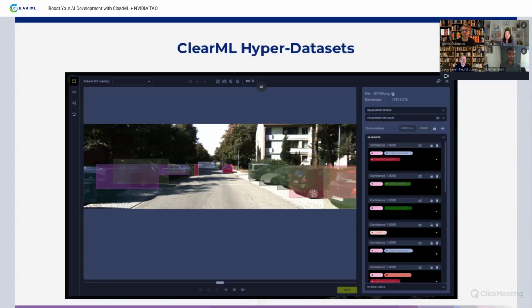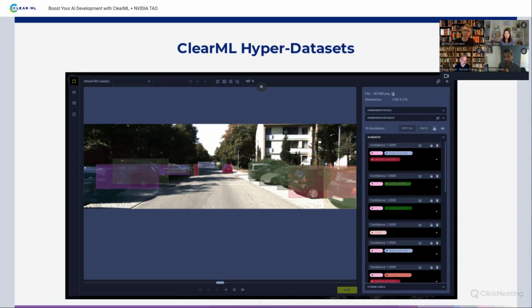And of course, we allow you to also dive into the different details of the metadata itself, visualize the boxes, masks, etc., just to create better visibility into the data that is being used while training or testing the models themselves. Of course, once you have the model trained, you can deploy it with the ClearML serving, and maybe we'll have a webinar just on that, utilizing NVIDIA Triton to fully optimize the serving of those models that you train with NVIDIA TAO. This is really an end-to-end optimized solution.